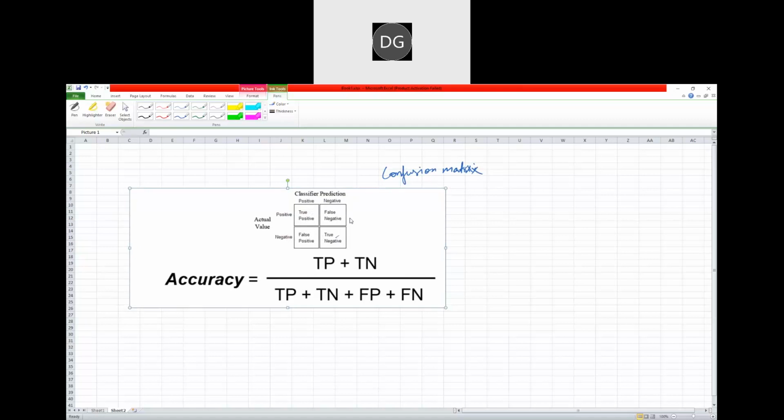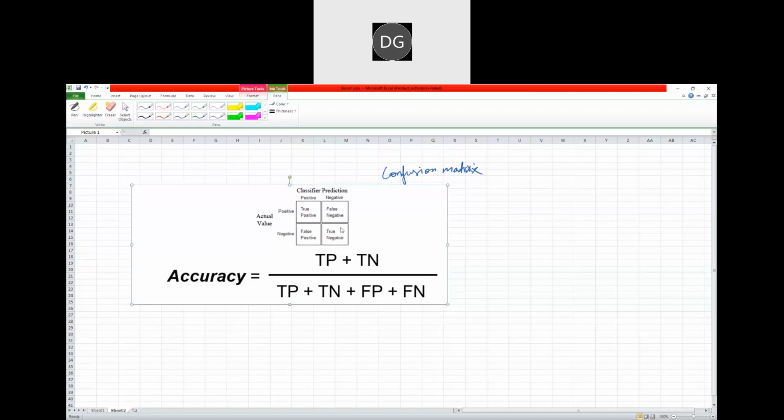Both negative means it comes under true negative. If actual is saying false and predicted is saying something else, it will come between these two values. So we have to try to reduce these values and increase this value, and to know how accurate our model is,